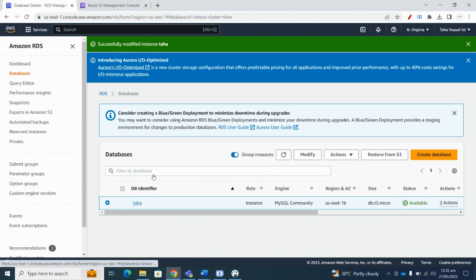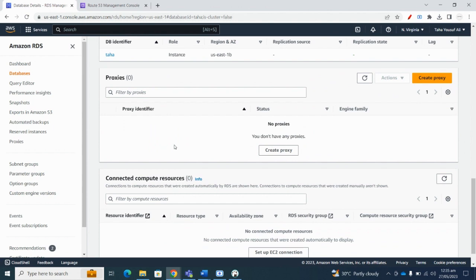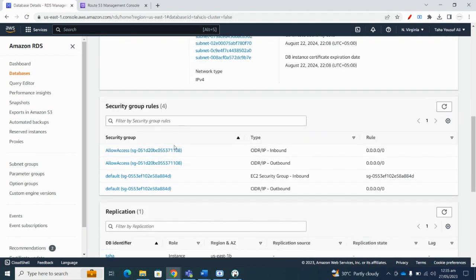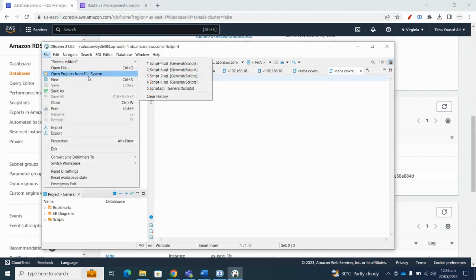Now if I go to this, I'll show you the connectivity and security, and inside security group we can see it is first checking for these rules. So inbound is allowed and outbound is allowed as well. So now if I go and do the testing,